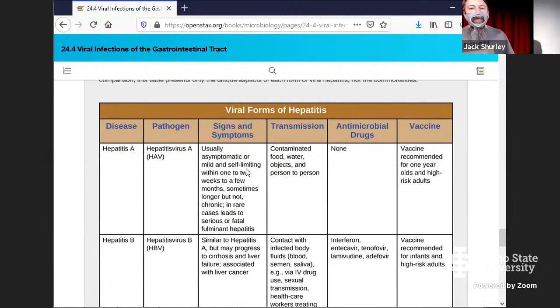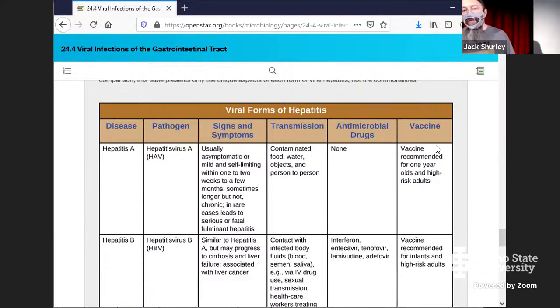That's person to person. There are various potentials with this, oftentimes asymptomatic. It sets the stage for issues because it definitely increases the likelihood that it will be transmitted, because you don't recognize that you've got it in the first place, right? It might be self-limiting, a couple of weeks to resolution. Sometimes it goes a little bit longer, and there are rare potentials for it to result in fulminant hepatitis that can be fatal.